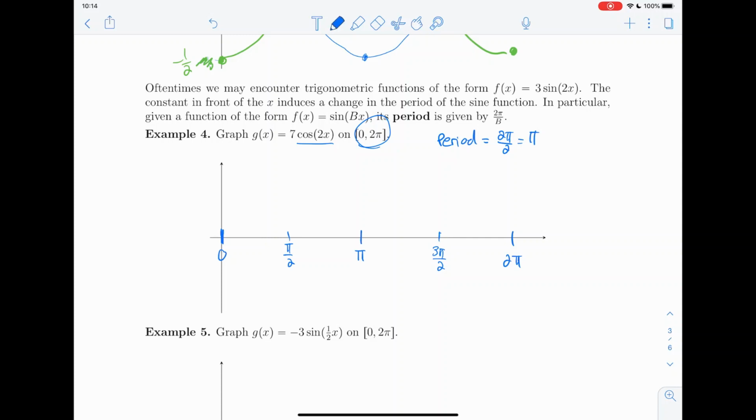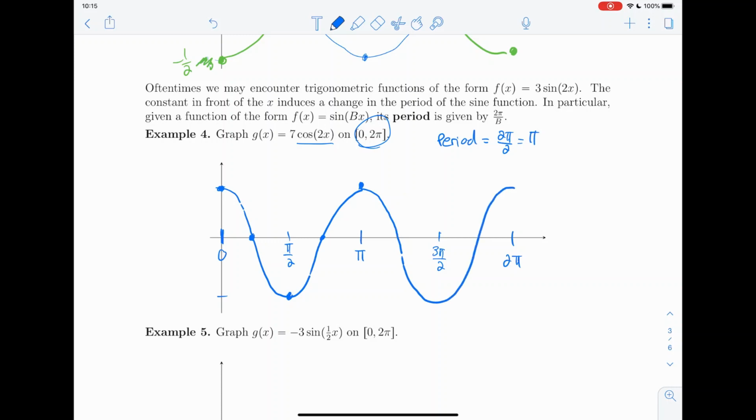So I'm going to draw that. So we're going to go up to some crest and down to a valley, and we're going to draw our cosine wave, which again starts at 1, goes down to a low of -1, back up to a high of 1. We're going to connect the dots. There's our first period of cosine, and we're going to do the exact same thing over here on the right side. We're going to pick up our second period of cosine,